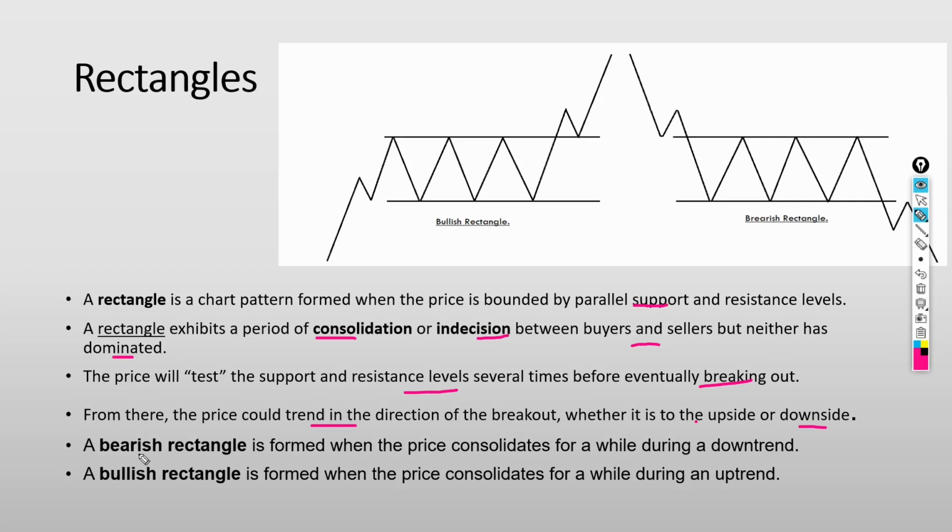So a bearish triangle is formed when the price consolidates for a while during a downtrend, and a bullish triangle forms when the price consolidates for a while during an uptrend. So we are saying that if the price is moving high and then it forms these successive levels of support and resistance, but they're supposed to be parallel. If they are not parallel, please, this is not a rectangle. Okay. And then after that, price can break and continue in that